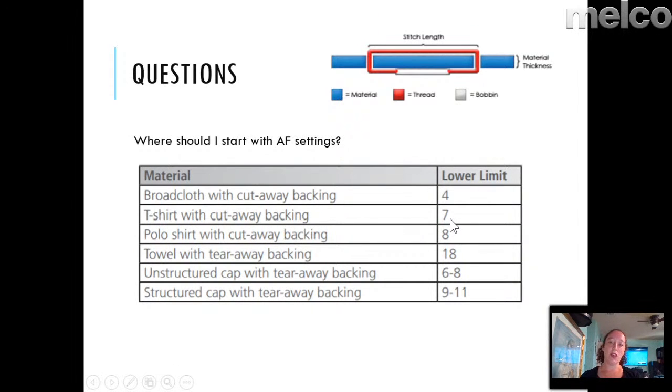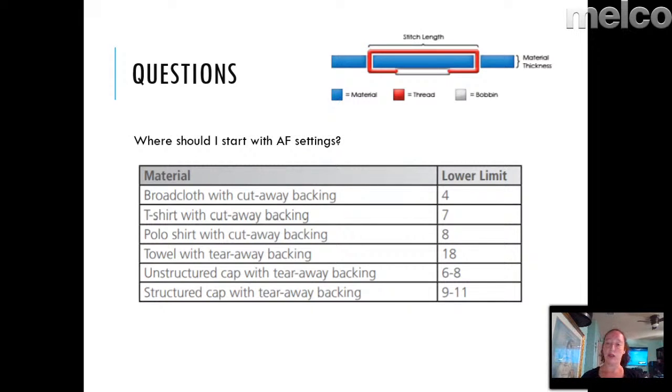Now, all my discussion here is assuming you have bobbin tension set appropriately. All right, so if your bobbin tension is completely off, that's not good. So make sure your bobbin tension is appropriate for whatever machine and software you're using. That's very important. All right, but in general, the thicker your material is, the higher